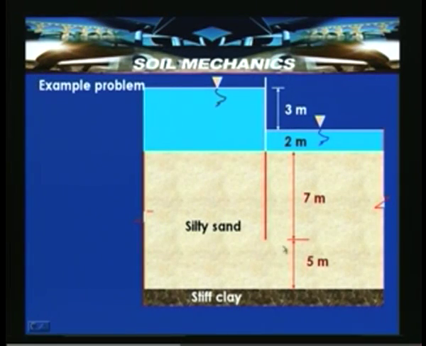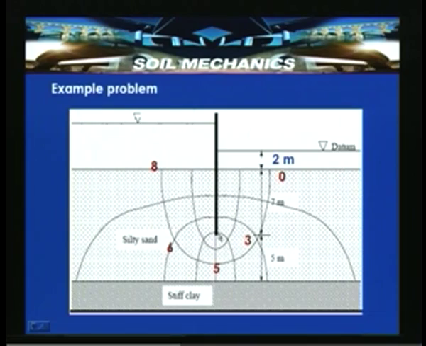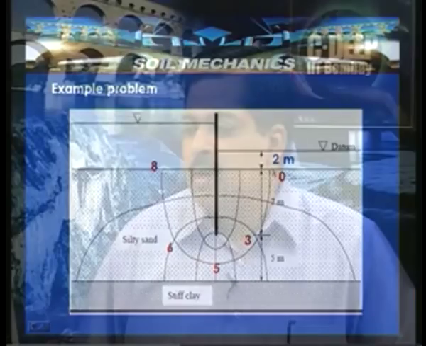So this is the problem which is given, the silty sand which has a certain void ratio and permeability. This is the upstream water level and the downstream water level. The head loss is around 3 meters, occurring between the upstream side and the downstream side. This is the stiff clay, which is given as an impervious boundary, and this is the embedded row of sheet pile walls separating the upstream water level and downstream water level. In such situations, a skeleton flow net is shown here. A better flow net can be drawn by drawing to scale, but this is a skeleton flow net.